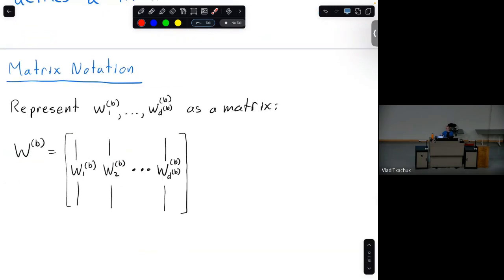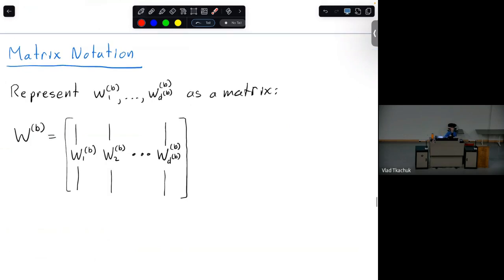Now before I define how ERM looks and what it means to optimize over the weights, I define one more thing, which is this matrix notation, which should make the neural network definition look a little bit cleaner. You might notice at each layer B, we have a bunch of weight vectors, actually D_B of them, the number of activations there.